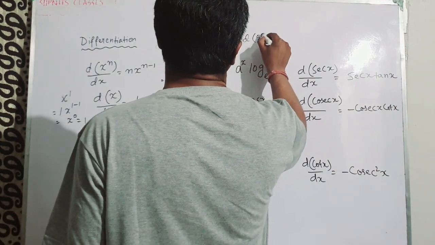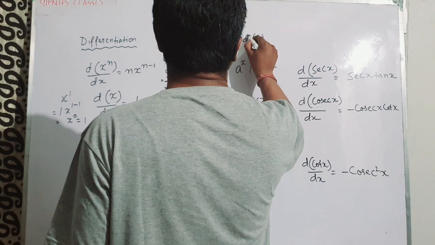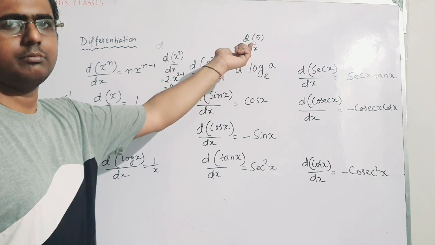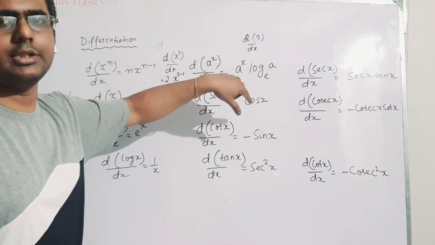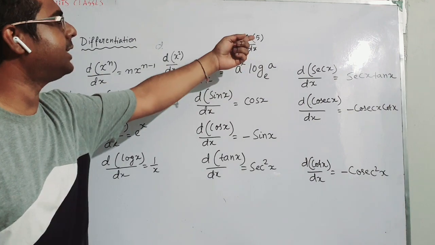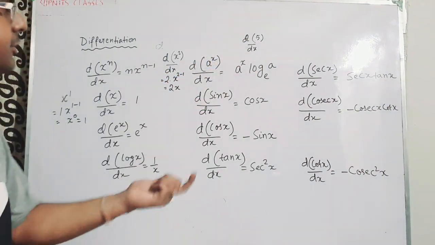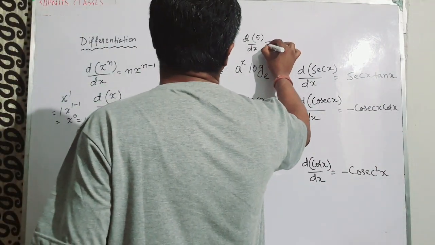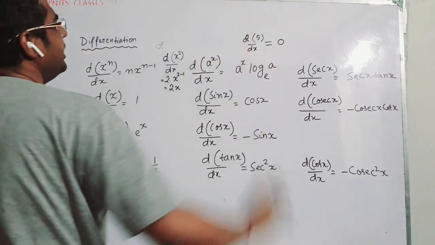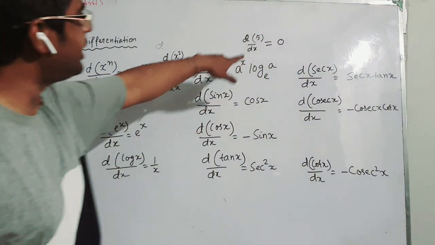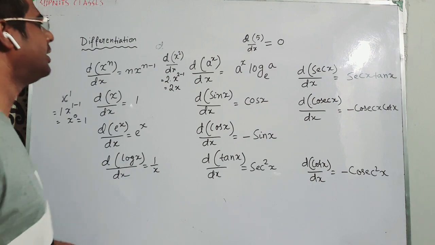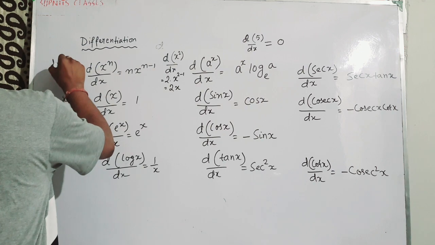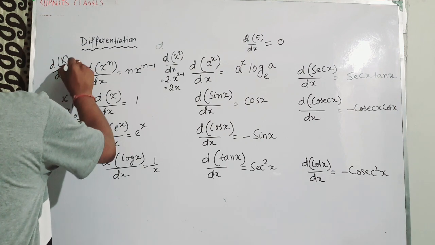Now what happens if it is a constant term? Suppose d5 by dx. Just think about what I explained: what will be the change in output if I change the input? If I change x, does it have any effect on 5? 5 remains 5, because 5 is a constant. So any constant, if you differentiate it, will give you 0. There will be no change in this constant if you differentiate it with respect to x or anything else. So remember, another important relation is d constant by dx is equal to 0.